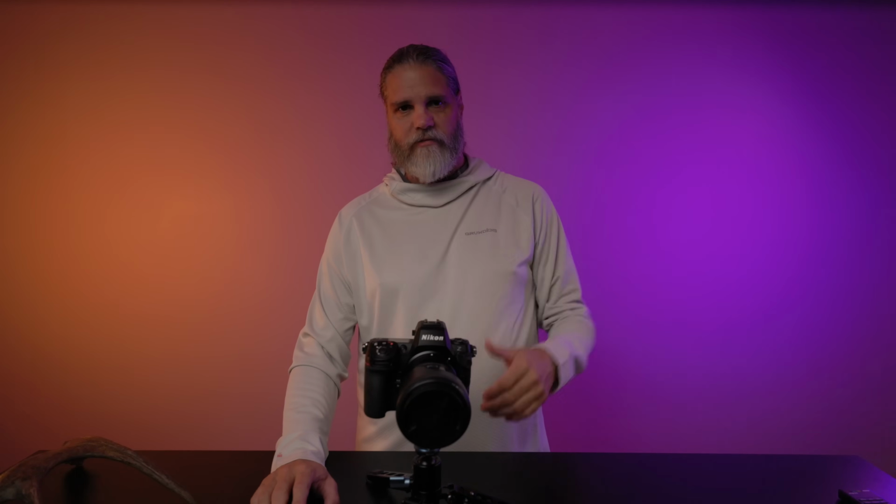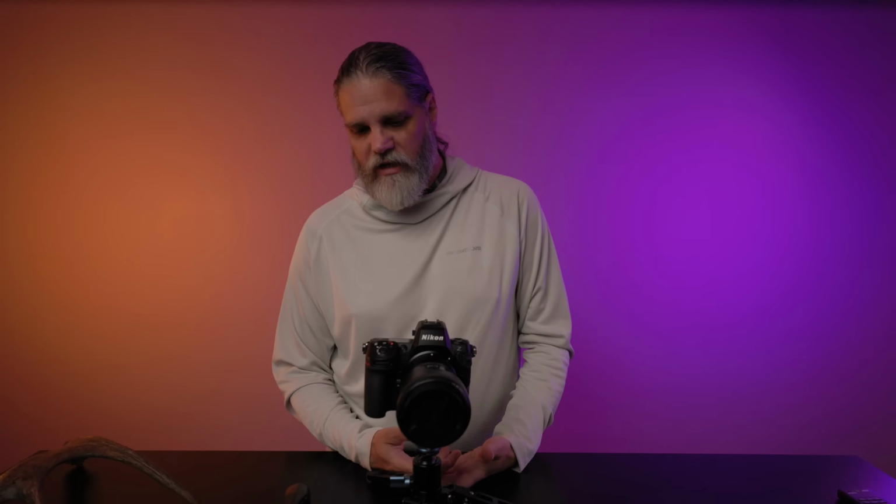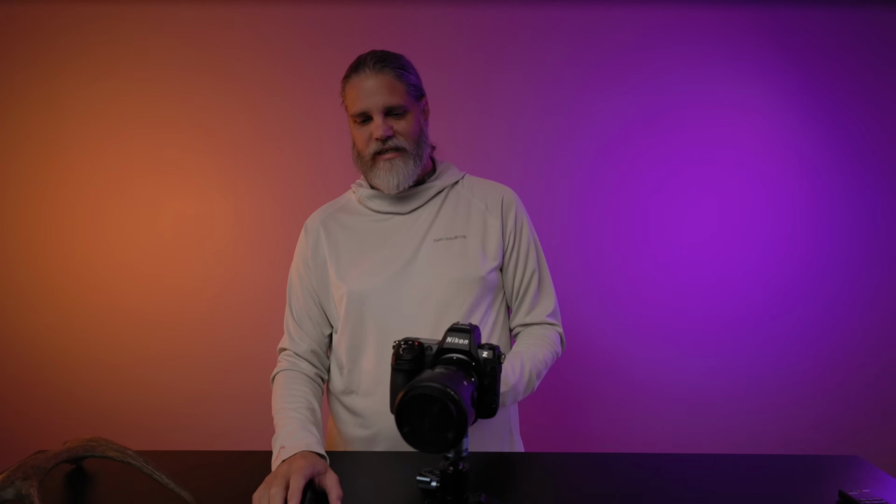Now, the LCD negative. A lot of these things I said are positives, so I'm talking about the positives and the negatives of them. The one thing with the LCD, and really it's not a negative to me as much, is that it will not flip around to the front where you could look at the front of the camera and see the LCD screen. And the biggest thing about this is I really don't see that much of an issue,